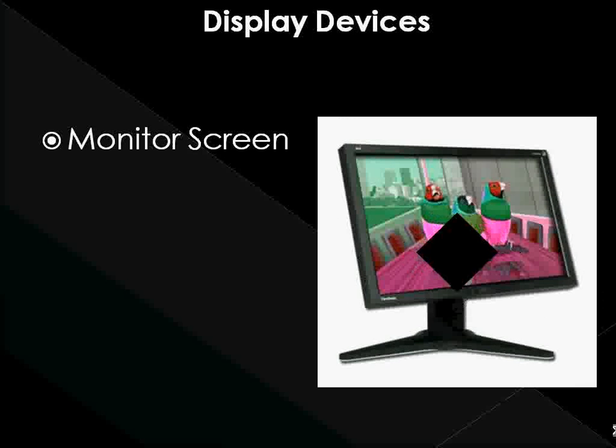Display devices. Examples of display devices are as follows. Monitors. Monitor screens are devices used to display information from the computer. In fact, television sets include monitor screens, though in general, the monitor screens used in computer systems are of a much higher quality. Monitors come in various sizes, commonly starting at 14 inches, then 15 inches, as well as 17